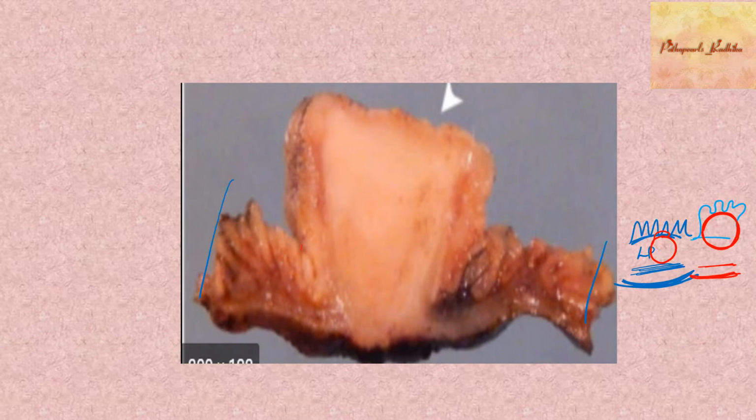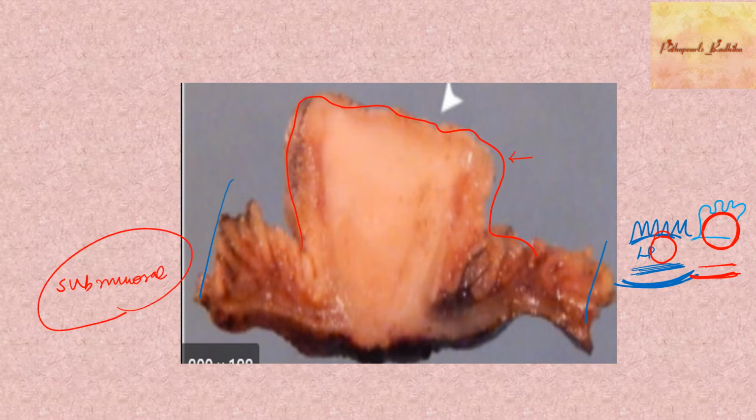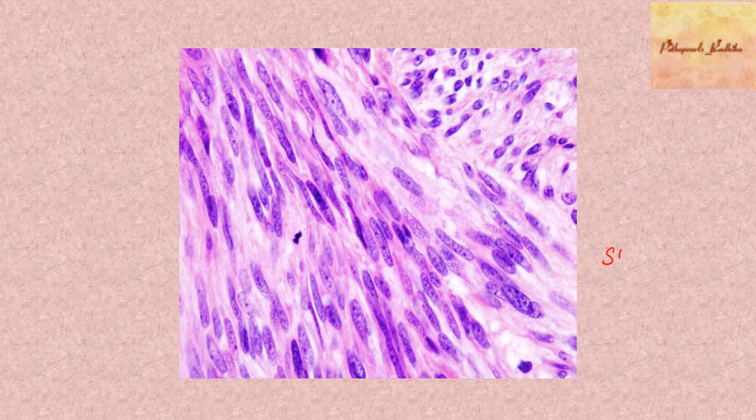Your mucosa will usually appear normal. Suppose it's a carcinoma arising from the epithelium, your mucosa will be abnormal; it can have an ulcer or proliferative growth. Whereas in GIST, your mucosa is usually normal and it's a submucosal tumor with a uniform appearance. So if you see normal mucosa with a tumor underneath, always think of GIST. The most common site of GIST is the stomach. So GIST is common in the stomach. It can occur in the small bowel also.